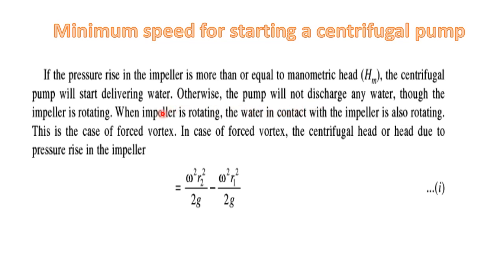Now the impeller is rotating. It means the impeller will continue rotating but will not deliver any water if the pressure rise in the impeller is less than the manometric head. When the impeller is rotating, the water in contact with the impeller is also rotating. This is the case of forced vortex. In case of forced vortex, the centrifugal head, or head due to pressure rise in the impeller, is given by the following equation: omega square r2 square upon 2g minus omega square r1 square upon 2g,